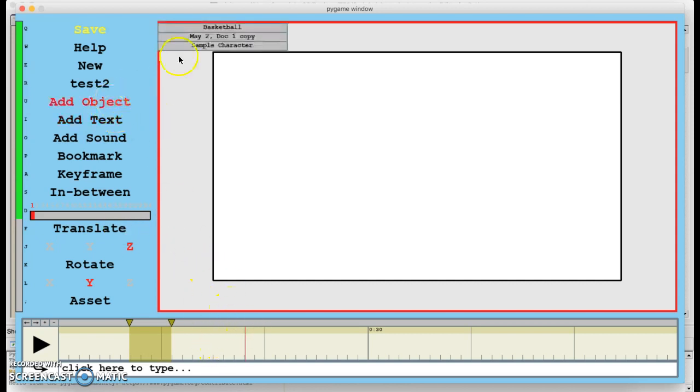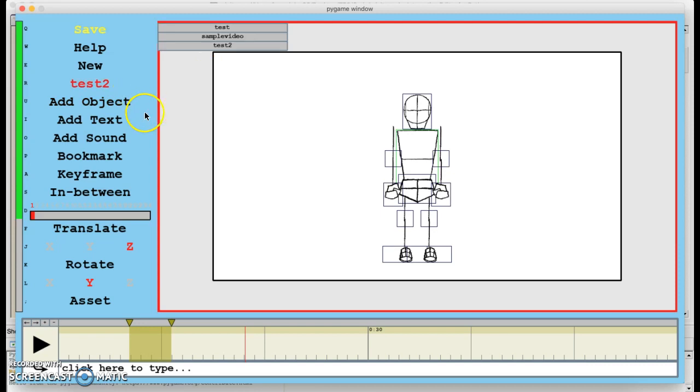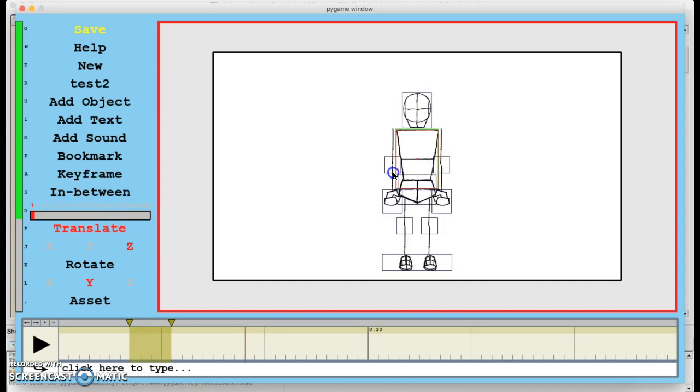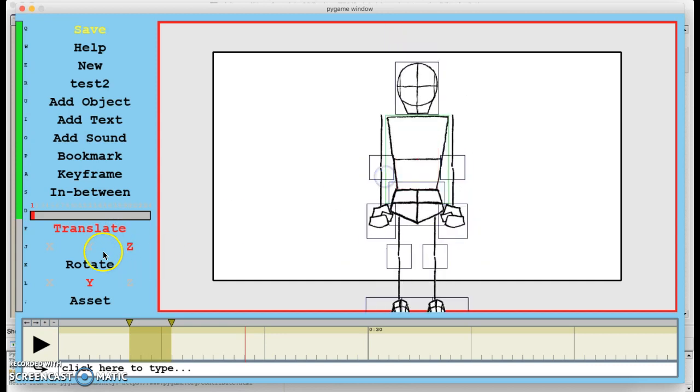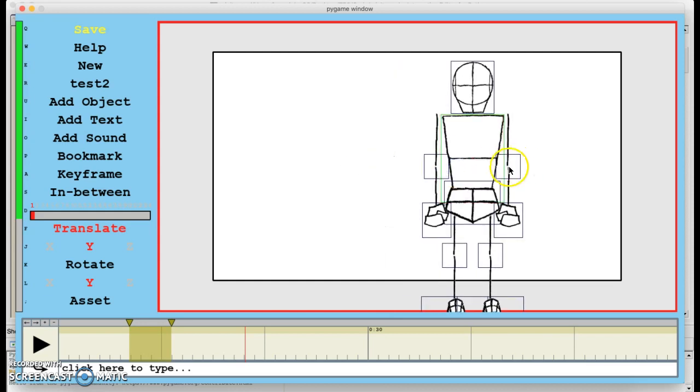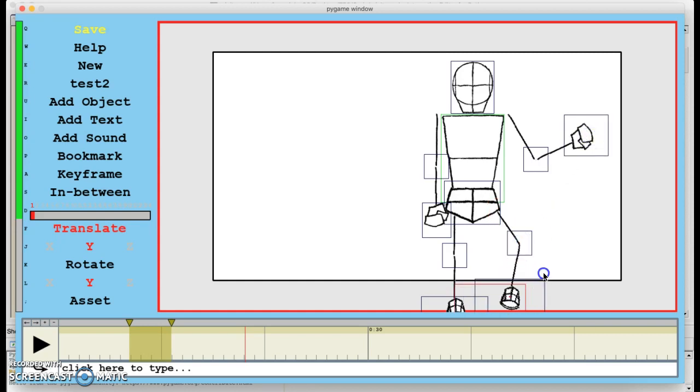We also have characters, like that. And you can pose, scale, change these characters in the exact same way that you would an object, except it pivots as well. So, if I can click the right thing, you can move the joints around on the character, and you can rotate